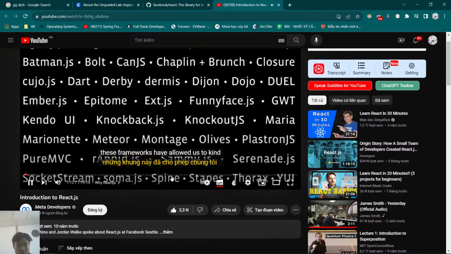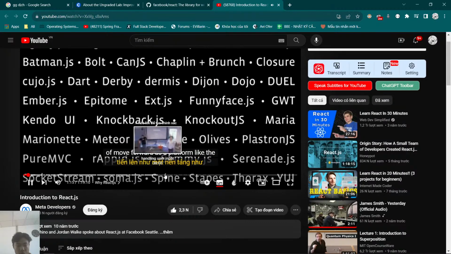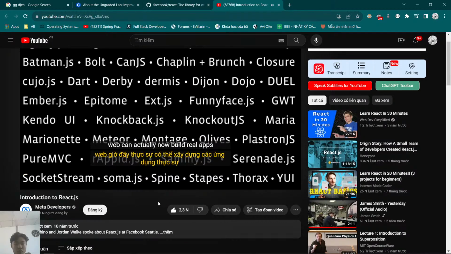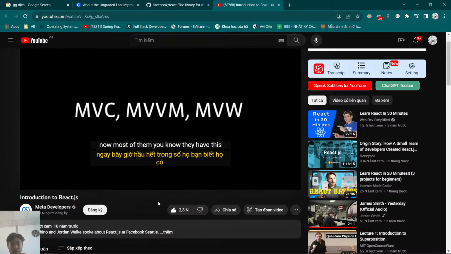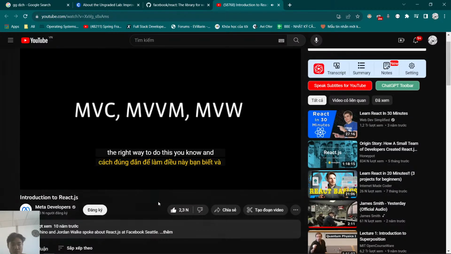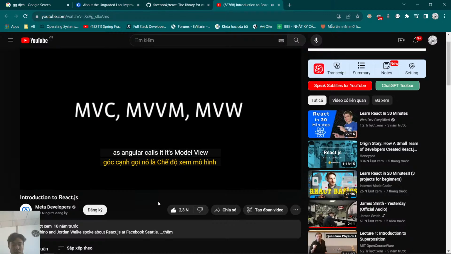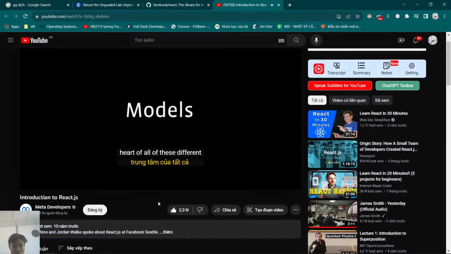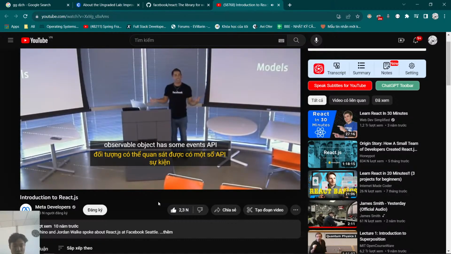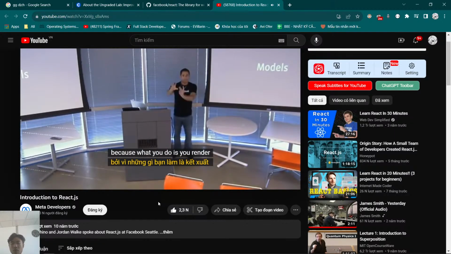These frameworks have allowed us to move forward as a platform. Like the web can actually now build real apps. Like you can build things that feel good now. Is that MVC is the right way to do this? And it's not just MVC, right? It's model view view model. And it's, as Angular calls it, model view whatever, right? One thing at the heart of all these frameworks is some events